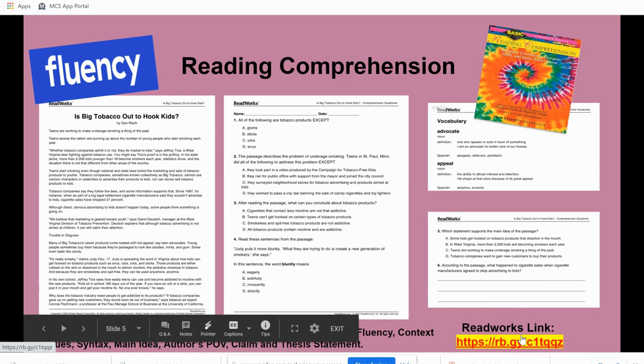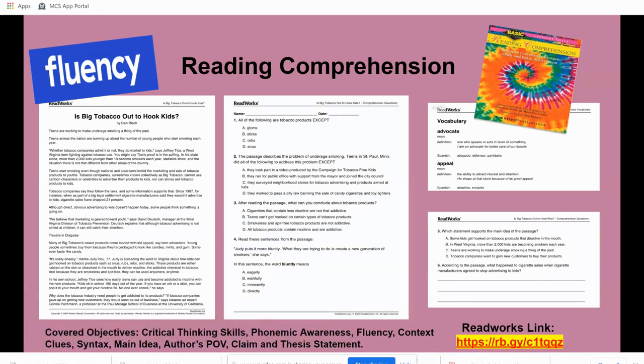When we then go into discussing your typical worksheets that you may pass out in the classroom, or you may create, or as I am showing you on the screen, these are worksheets that I have been able to download from readworks.org. You are looking for assignments that are stretching your students' ability to read. So I picked an article here. It is called "Is Big Tobacco Out to Hook Kids?"